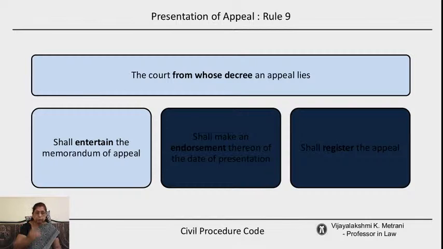Basically, what was the procedure earlier is, you had to file it in the lower court. Long back, before 1976, where the appeal was filed before the court where the decree was passed, then the high court or the higher superior court would call for those records from this particular court, and the court would forward those records to the higher court for deciding the appeal.